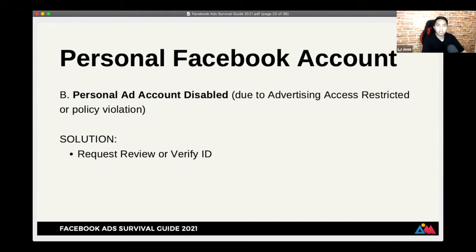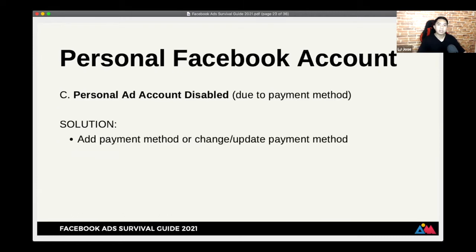So ang solution lang dyan is to follow the prompts to request a review or verify your ID. Actually, paulit-ulit lang tong solution steps na to, but it would be beneficial if you know kung ano yung gagawin talaga dapat. Okay? And hindi yung magpapanik ka na lang at ipopost mo sa Facebook group na, ano gagawin pala dito?